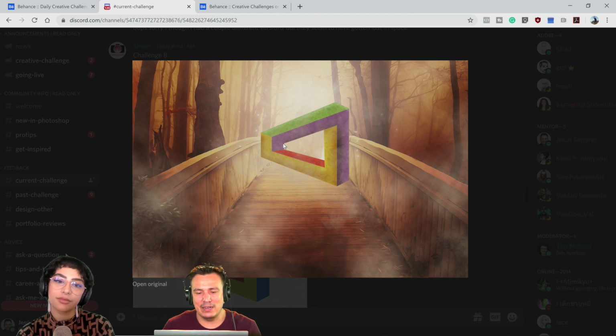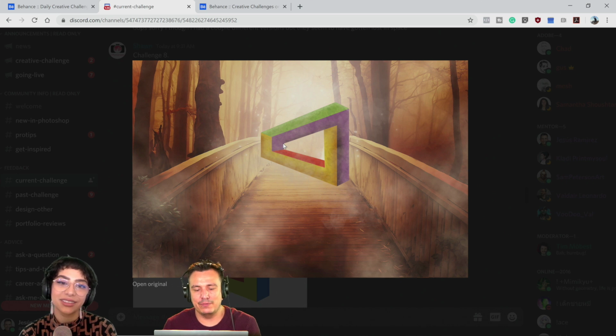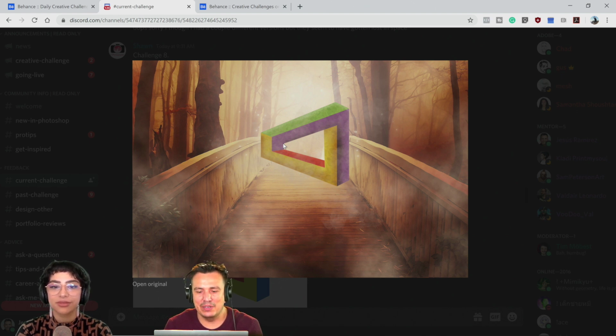But those are my thoughts. But overall, I think you did a great job. Really good job. That's really fun. I love the tones. It's nice. And yeah, I wish I would have added a little more of those tones to the overlay for the fog. But something really cool that you did, it's super awesome, is you added that shadow in there. I think it looks great. It's subtle. Once you see it, you're like, oh yeah, it belongs there. But super good job on that shadow underneath that. That's great. Impossible triangle. Anything else, Amina?